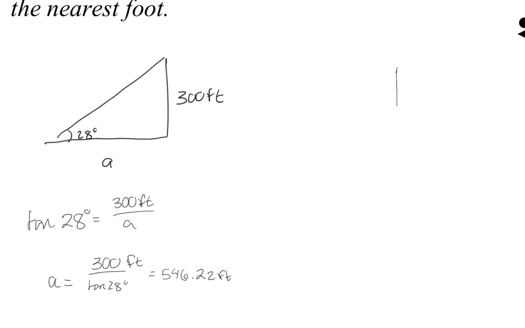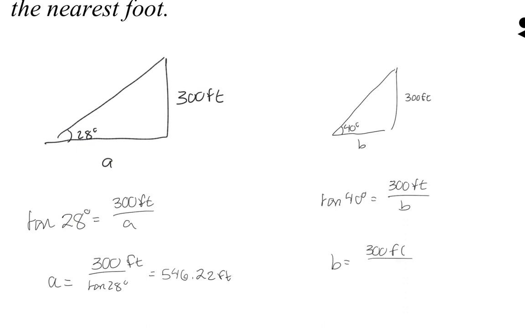Now, constructing our other triangle, we're given pretty similar information. We know that the top is still 300 feet. Now, this is instead going to be 40 degrees, and we want to find this distance. So, using the same method, we're going to say tangent of 40 degrees is equal to 300 feet over B, or just B equals 300 feet divided by the tangent of 40 degrees, which will give us a value of